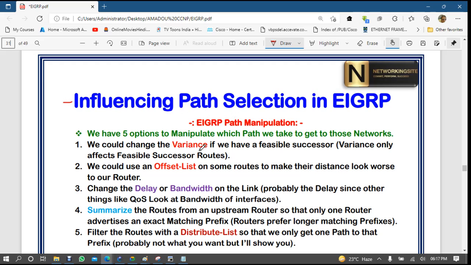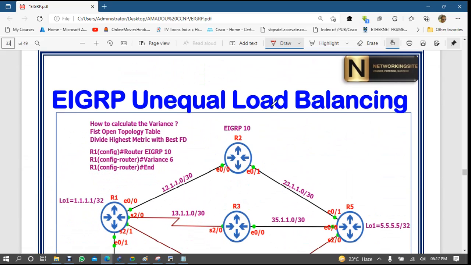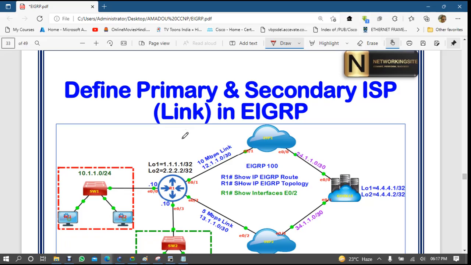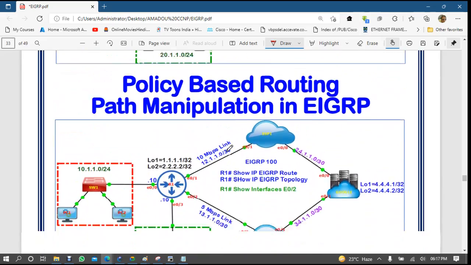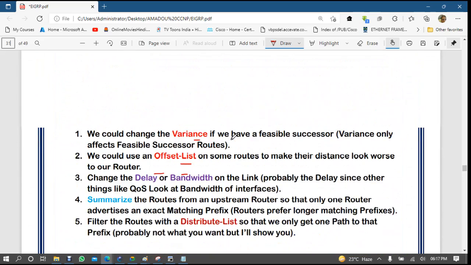Then we will be working on path selection, where we can use variance and offset lists, where we can modify delay and bandwidth. We have multiple options here: equal load balancing, unequal load balancing, primary path, secondary path, policy based. Tomorrow we will be working from here.